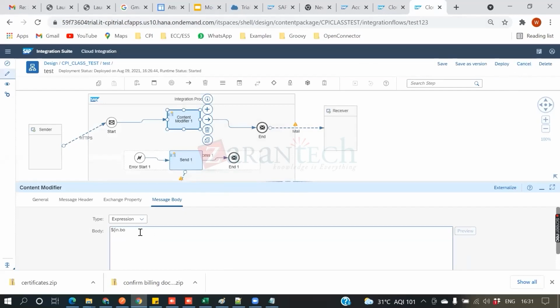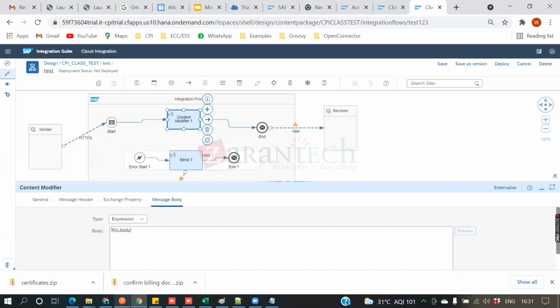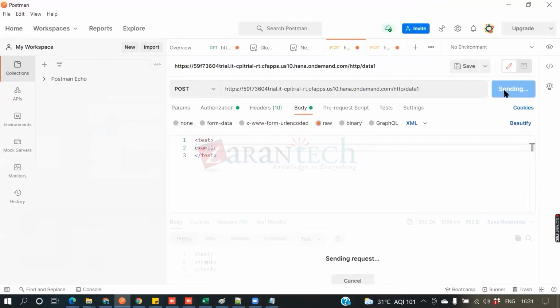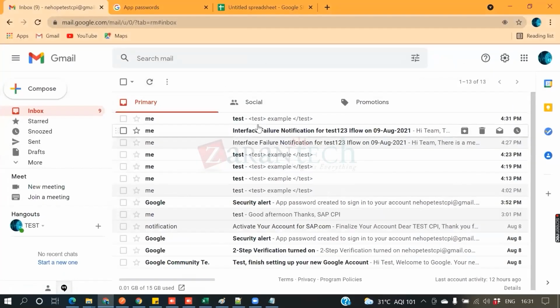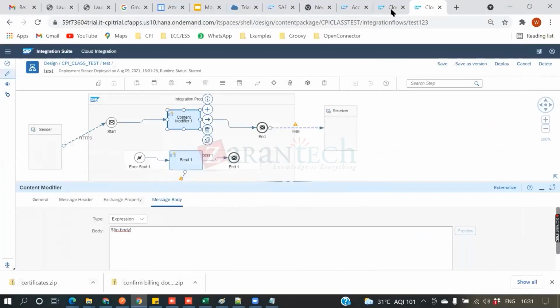Now I'll change this body and I'll save this and I'll deploy. Now I got the 200 okay. I'll open my mail. Now I'll not get this. This is the previous one. Just now I got this. This is not an error because the structure is proper. Now if I go to trace,